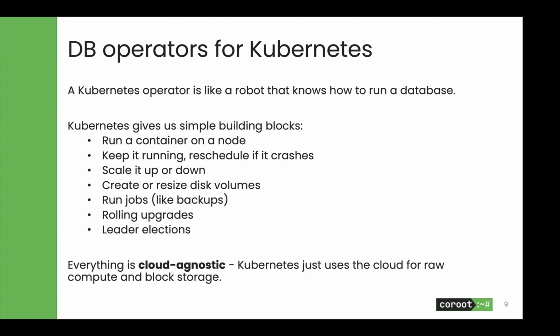It can perform rolling upgrades, replacing instance by instance with a new version. And Kubernetes provides us with a leader election API that we can use for consistency. We can be sure that, for example,